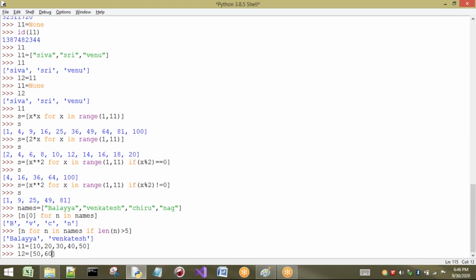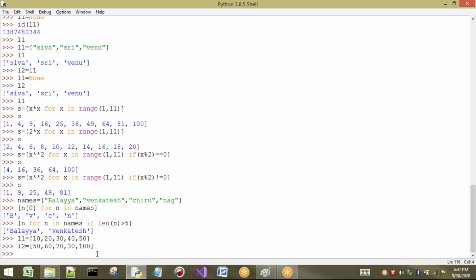I want only some elements which are going to be matched: 70 and 30 and 100. If you see this example, what are the same elements present in L1 and L2? Only 30 is there.